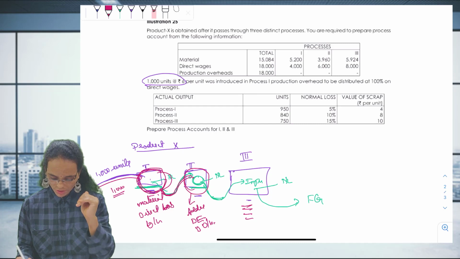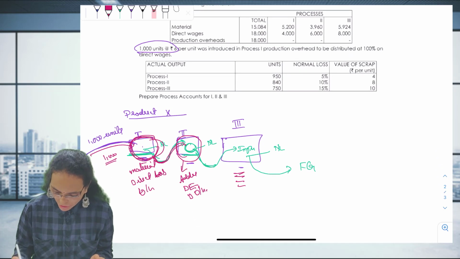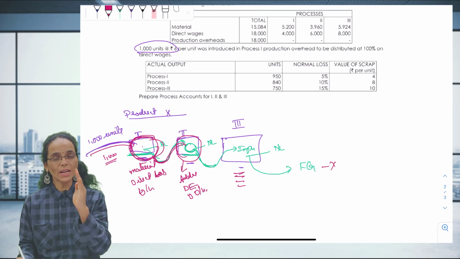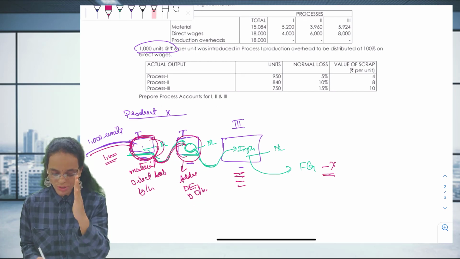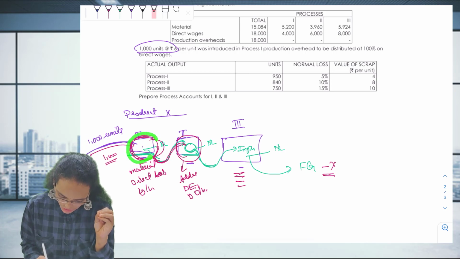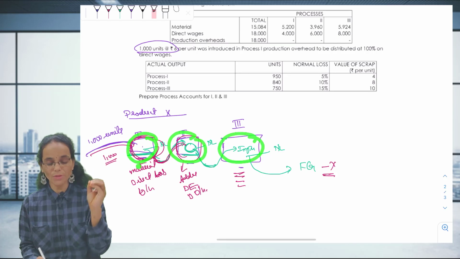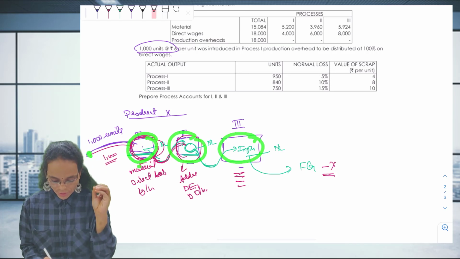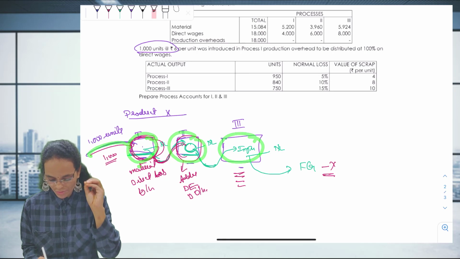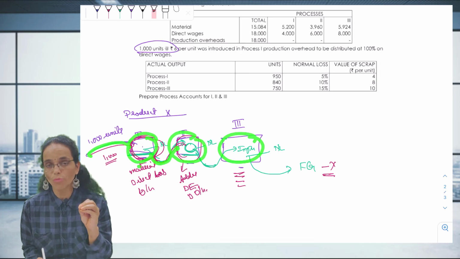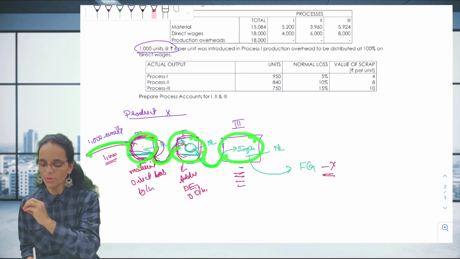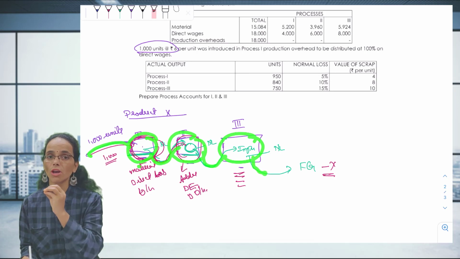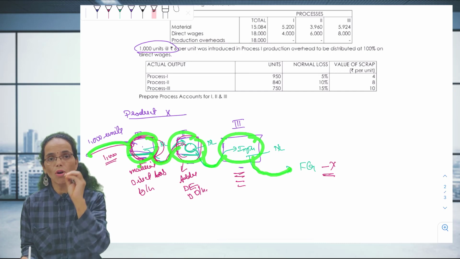So see what we need to do here. The ultimate product is called product X. When the ultimate product has been manufactured as product X, in which process what exactly is the cost incurred, how many units have been transferred, and what is the input actually given initially. From the first process, how many units have been transferred to the second process, and how many units have been transferred from the second process to the third process. From the third process, how many units have become finished goods. This is all we need to check.